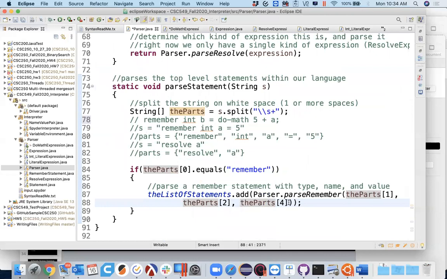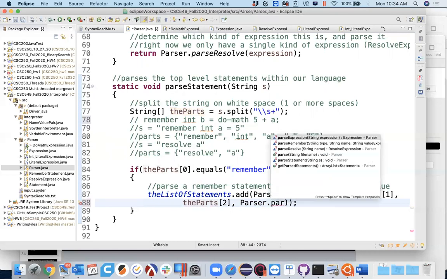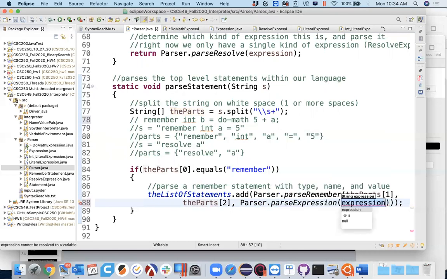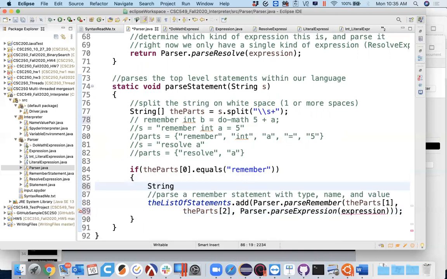So we're going to say parser.parseExpression, and I need to pass this guy a string. All right, and I want to pass him the string, everything after the equal sign, probably trimmed. All right, so string, the expression part